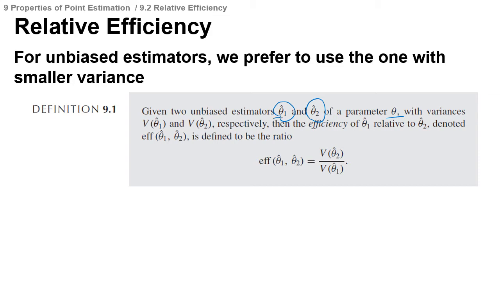So each estimator has variance of zeta 1 hat and variance of zeta 2 hat respectively. Then the efficiency of zeta 1 hat relative to zeta 2 hat, denoted by EFF(zeta 1 hat, zeta 2 hat), is defined to be the ratio of the variances of those two. Okay, so